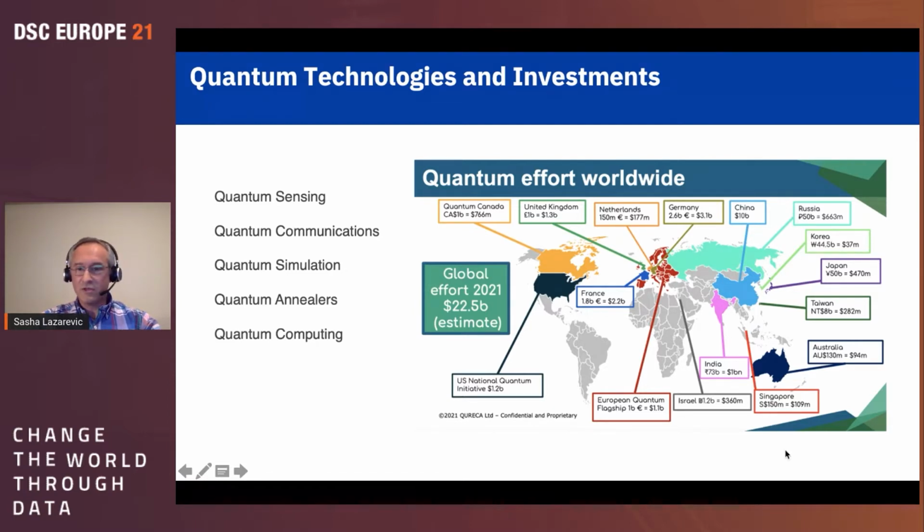And here you can see quite a lot of interest in the sense of government spending and investing. These numbers here look really quite high, but we need to know that these are government commitments, for example, China, 10 billion. So it is not 10 billion every year. It was announced a few years ago, and this is for a period of 5-10 years.